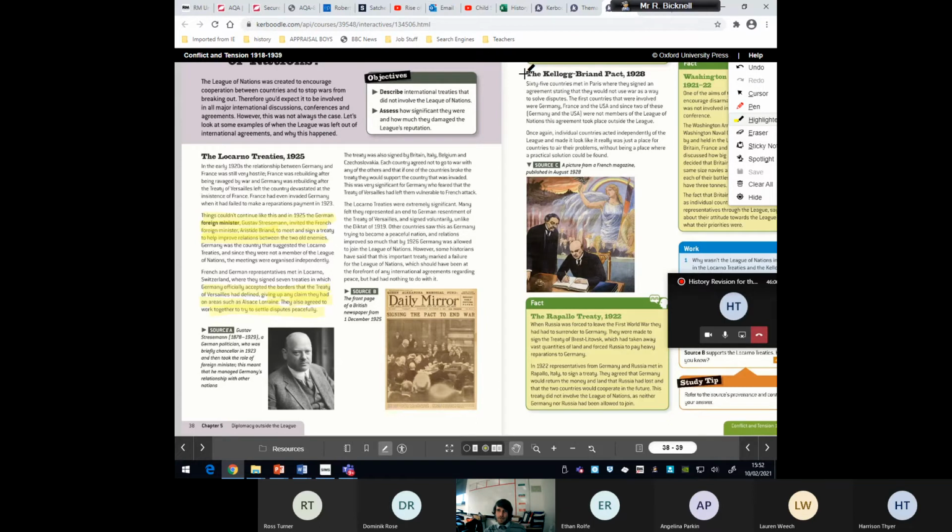So the Kellogg-Briand Pact next. 1928. This is where 65 countries all met in Paris and decided that they would not use war as a way of solving disputes. And again, this was independent of the League. Individual countries acted independently. The League was not involved in this agreement, which again makes it look like the League